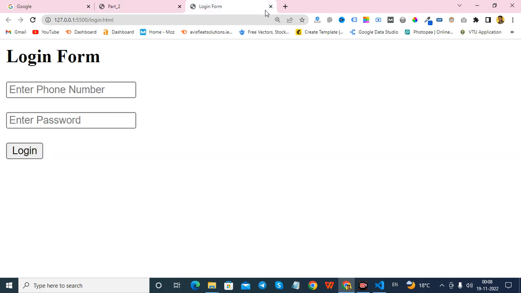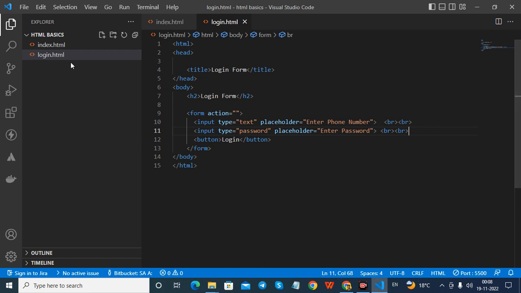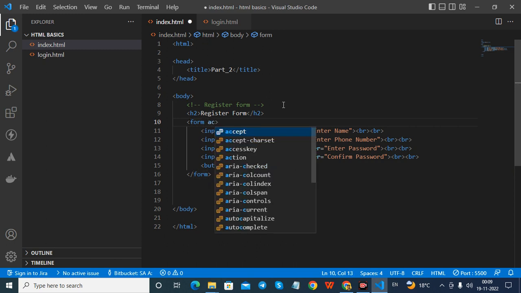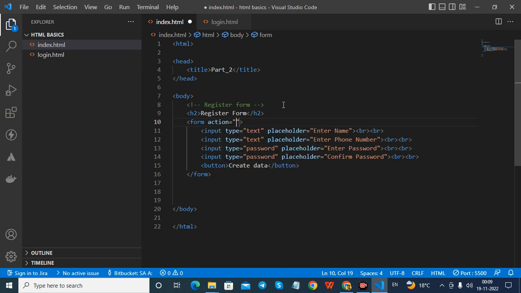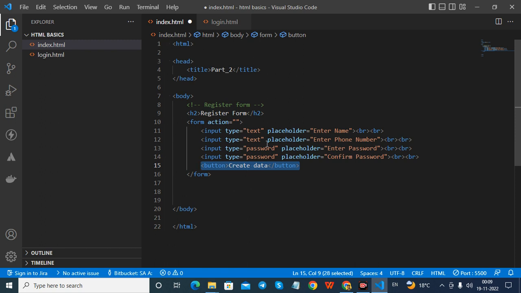Now when I click on create data, the page should automatically redirect to this page. To do that, I'll close this first and go to index.html. Already we saw that inside the form tag there is an attribute called action. So I'll just write action. What this action does is, whenever there is a button inside a form, when you click on this button, it automatically redirects you to another page